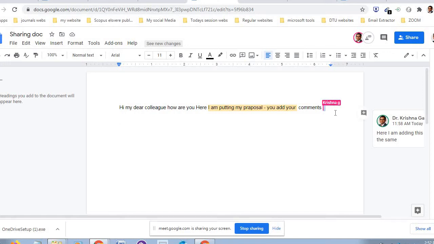Okay, Doctor, this is the document. Here you can add, yes, Mr. Krishna, I have seen the document and it is okay. And Baharu is commenting at the same time, me also commenting. So I will share this. Otherwise, I can add comment on it.